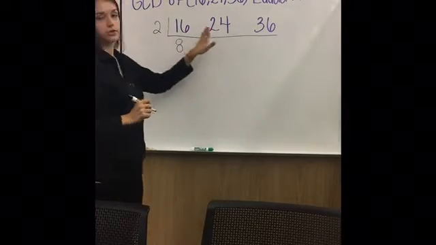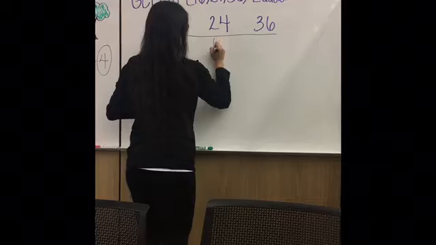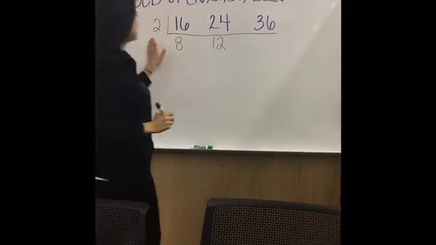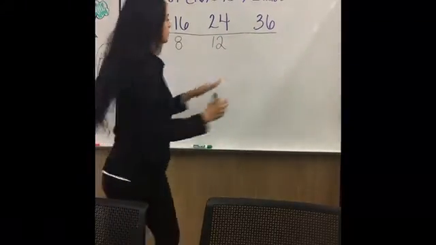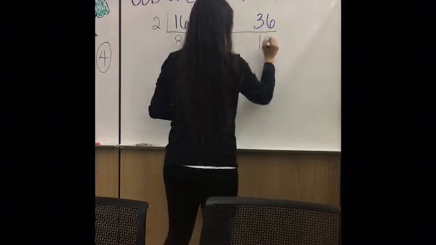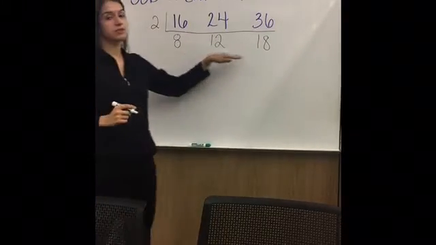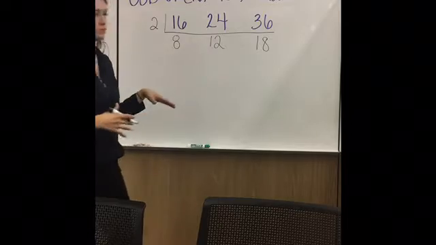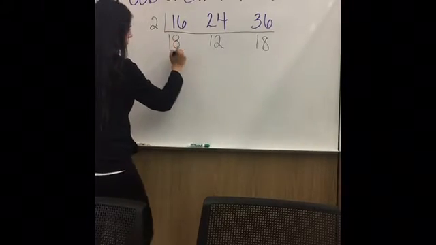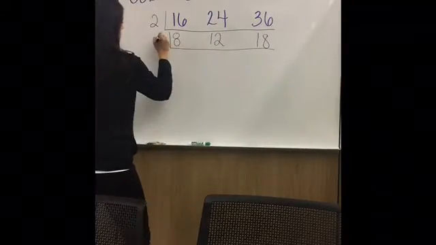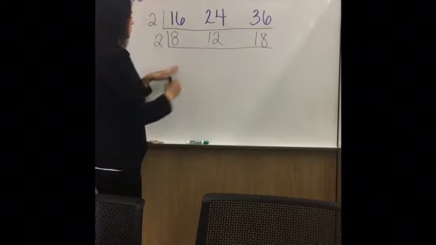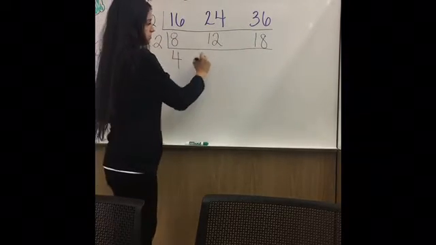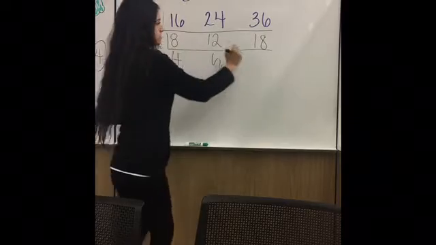Move on to the next number. How many times can 2 go into 24? 12. And how many times can 2 go into 36? 18. Now we see that these numbers are still even, so we know that we can divide further. So let's go ahead and divide by another 2. So 2 goes into 8 4 times, 2 goes into 12 6 times, and 2 goes into 18